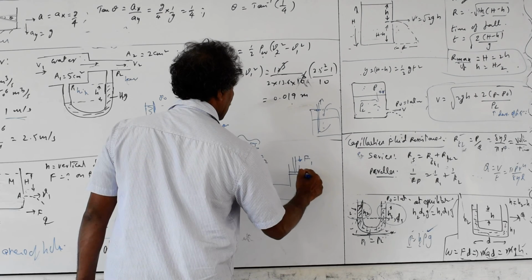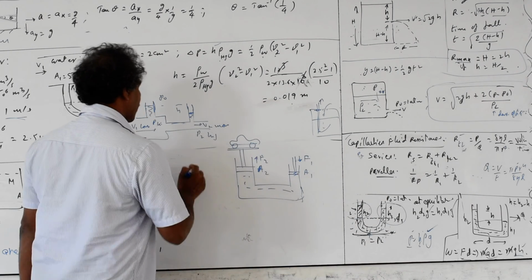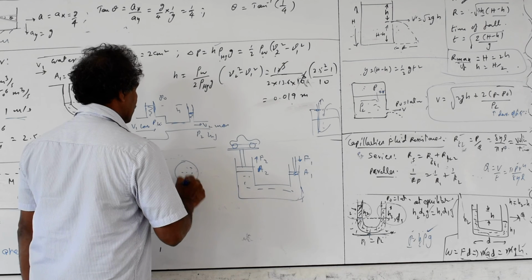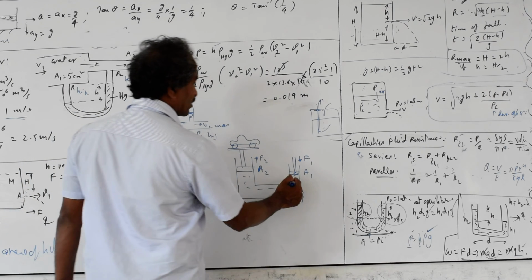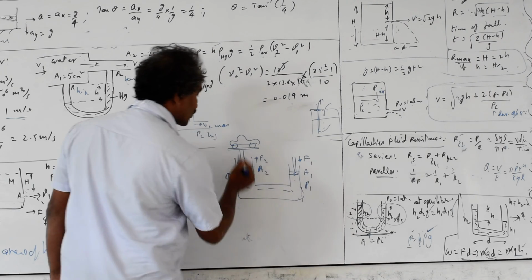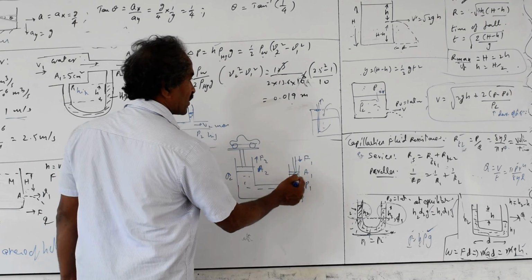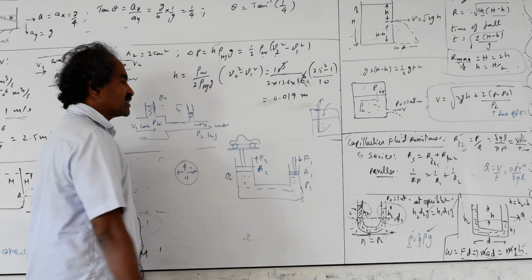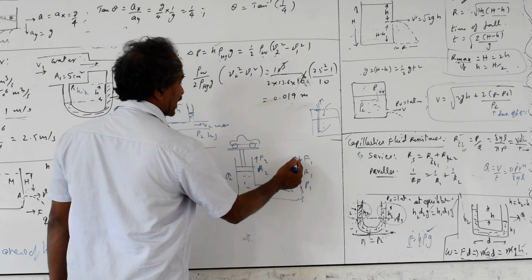The force is F1, the area of the piston is A1, and the fluid is F. According to Pascal's law, if you exert pressure inside a fluid, it is equally distributed in all directions at a given level. So the pressure P1 exerted here is also P2, transmitted through the fluid. We must take incompressible fluids. So a special oil is used, but it is called a hydraulic lift because in the beginning days water was used. It is also compressible, but less compressible compared to gases.